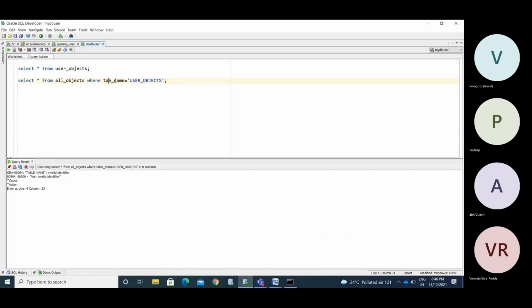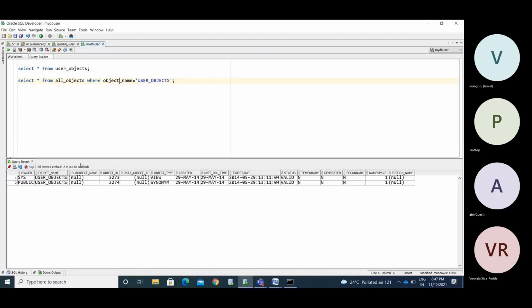Now, in all_objects the column name is object_name, not table_name. See, the owner is public, the owner is SYS. The SYS user created user_objects as a view.